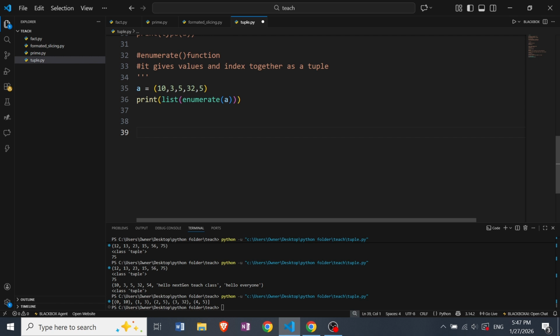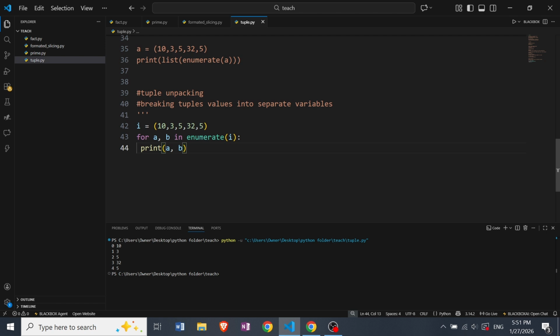Now let's move on to another tuple topic. We have tuple unpacking. Tuple unpacking is breaking tuple values into separate values. Let's see with an example. So here we give some values, i equals to 10, 3, 5, 32 and 5. Now for a comma b in enumerate